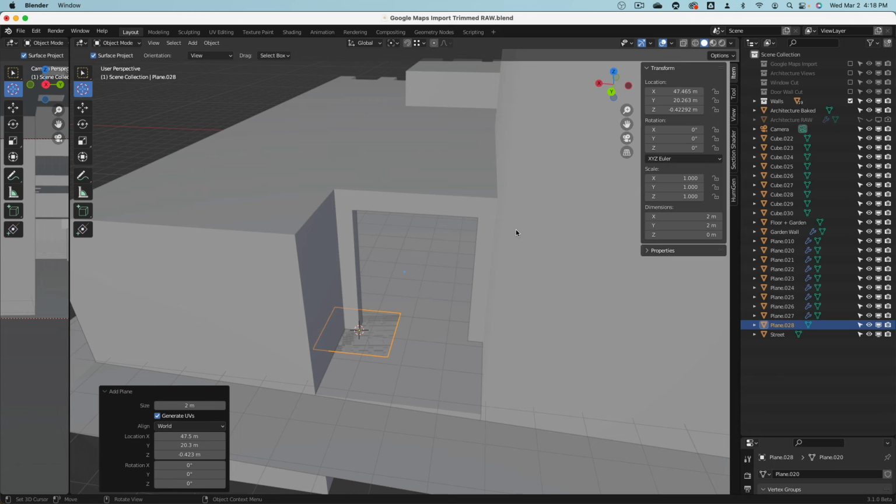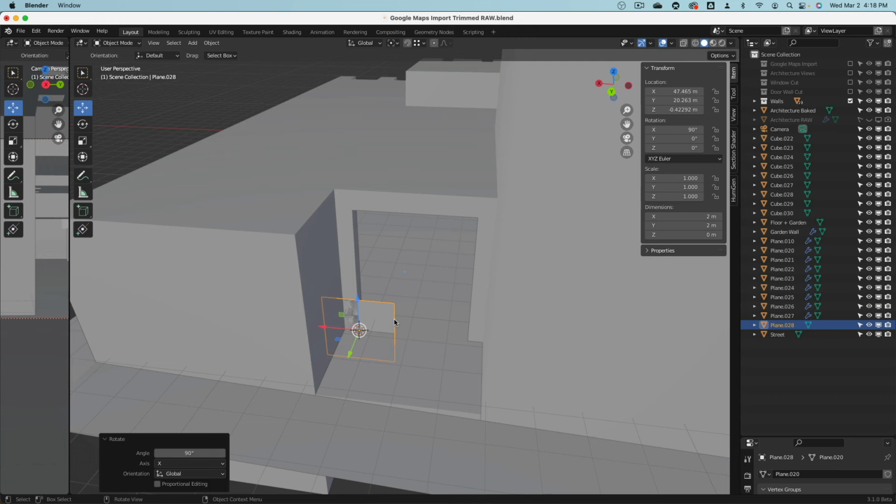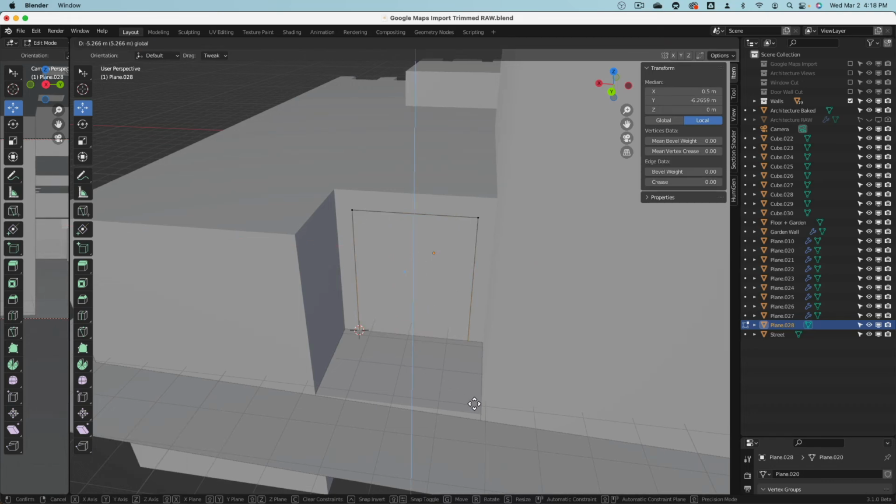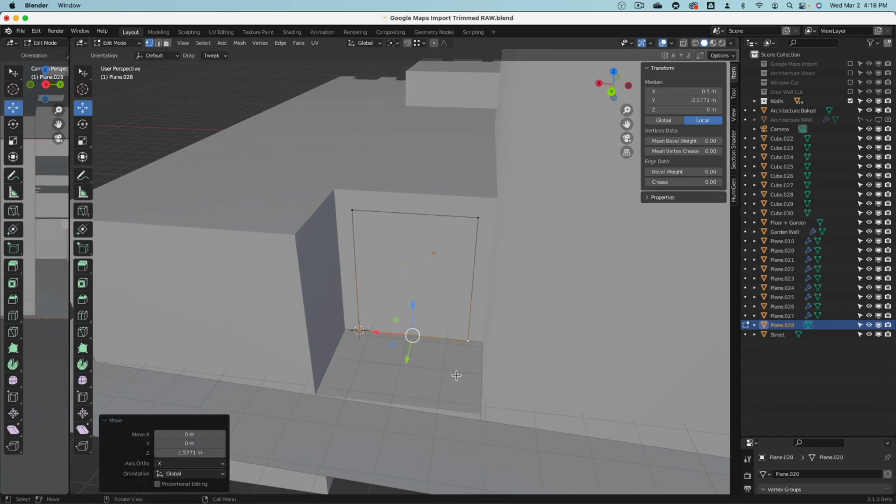The plane I rotate, this is the x-axis, R, X and 90. G and snap, edit mode, point, bring over, point, snap to there. Good. So we have like a horizontal piece,